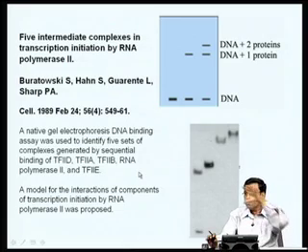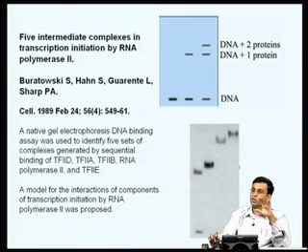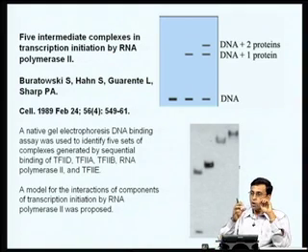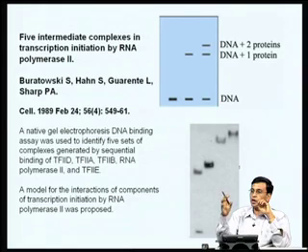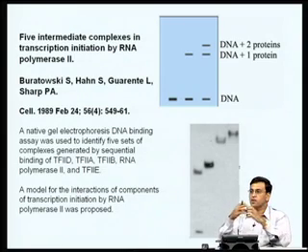At the same time, as people started identifying some of these protein factors which help the RNA polymerase to bind and accurately initiate transcription, they also started using what are called supershift assays. Here, once you purify each one of these transcription factors, you start asking the question: are these protein factors interacting with each other or not?